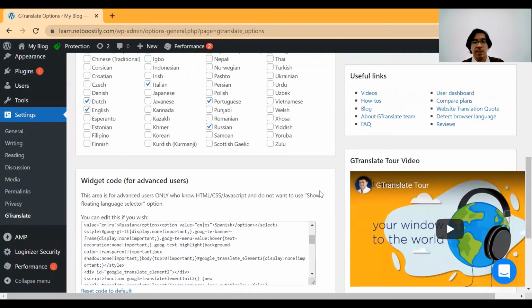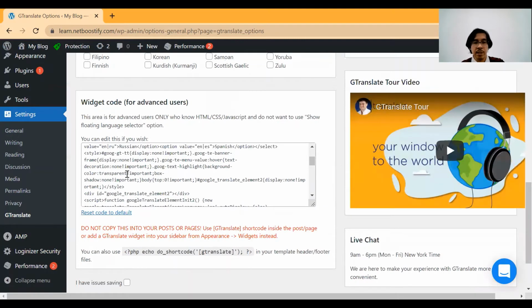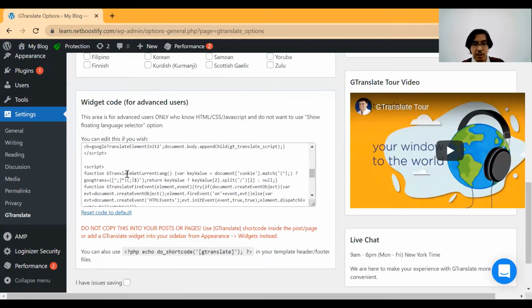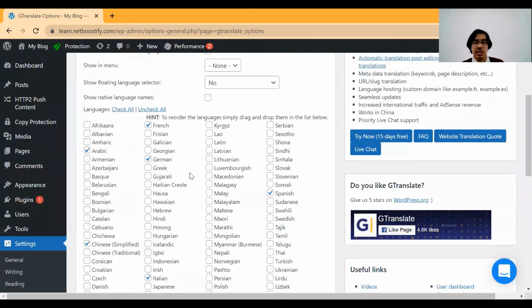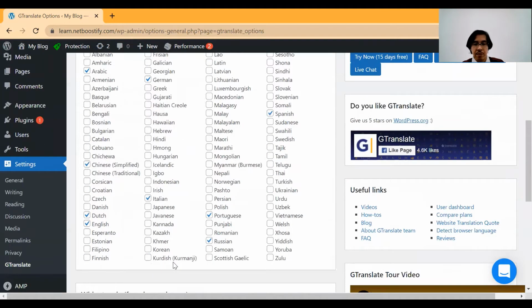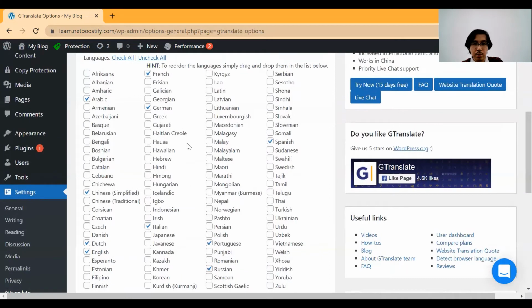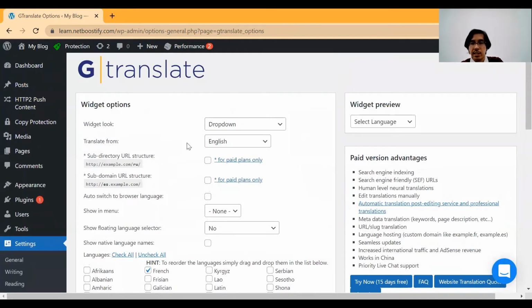If you are an advanced user, you could use a widget code. You could modify the code, but it is already warned by the developer: do not copy this into your posts or pages. I don't really recommend it if you are not into the technical aspect. So you could just check the language that you want to make a translation from your language,